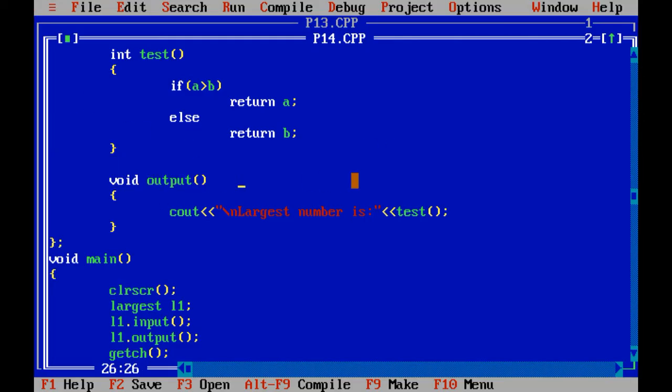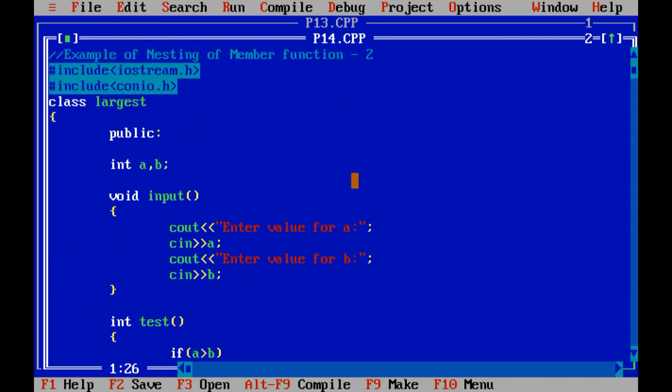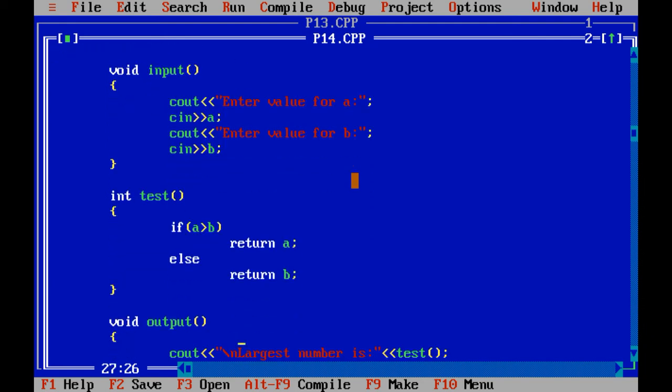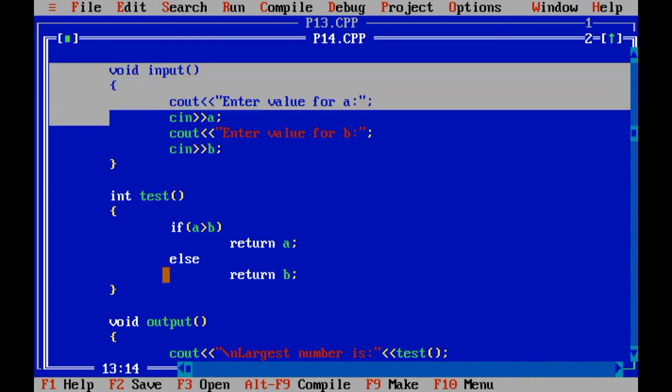Now the third program, which is related to the nesting of member functions. See, this class we have taken differently because I want to show you that any class you can develop, but give a proper name to your class. Number 2, over here we have taken void input and void output.